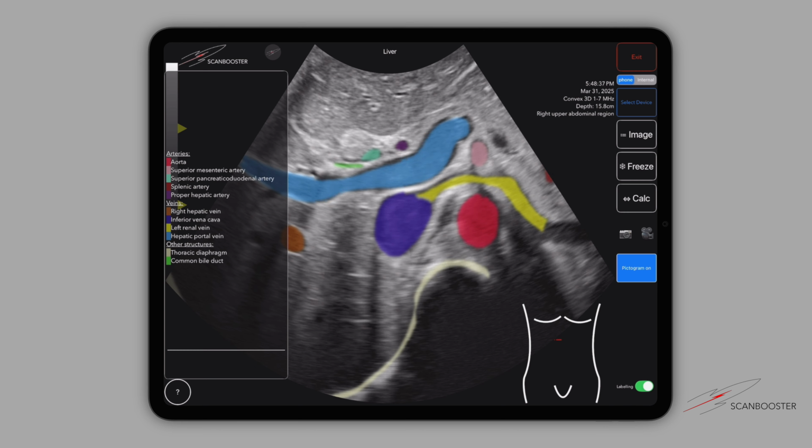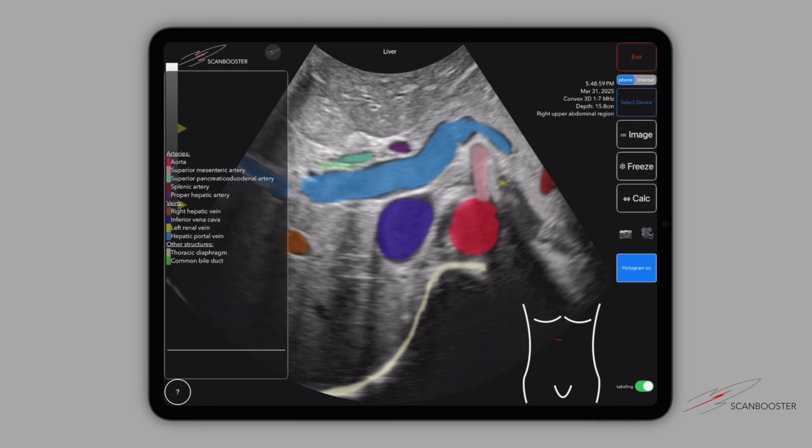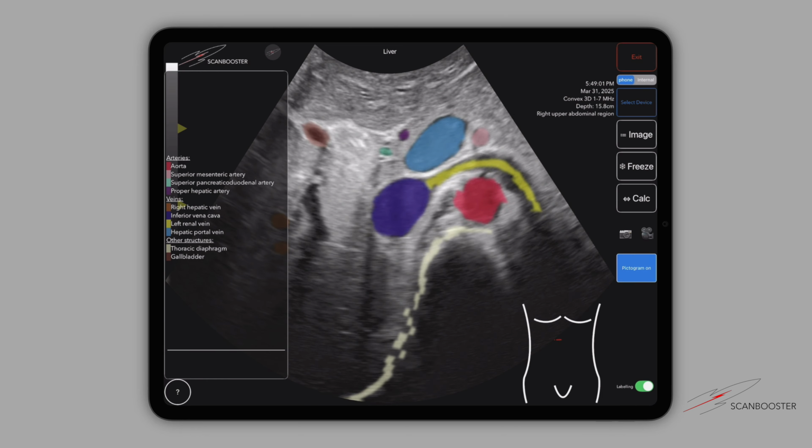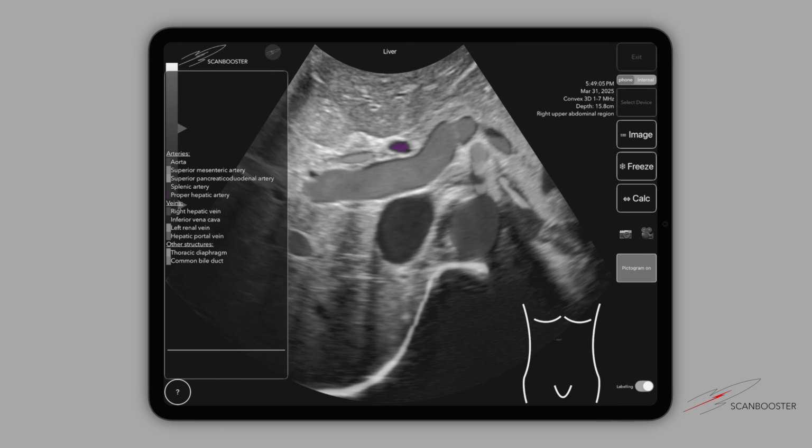Now, let's return to the ultrasound and begin exploring the vascular system of the liver. The liver's vascular system is unique and consists of two components: the vasa privata, which supply the liver itself, and the vasa publica, which form the portal venous system. The vasa privata mainly receive blood from the proper hepatic artery, which delivers oxygen-rich blood to the liver. This artery is marked in purple and is located relatively close to the ultrasound probe.